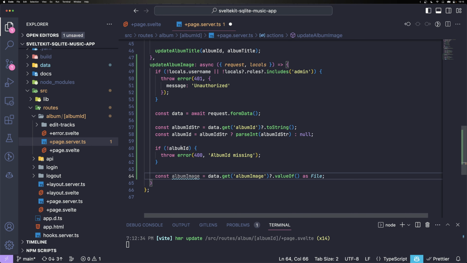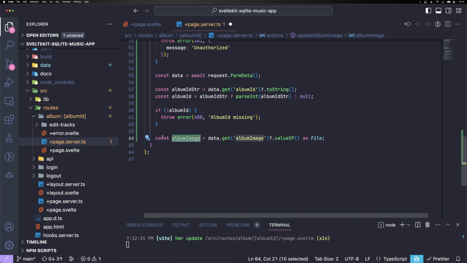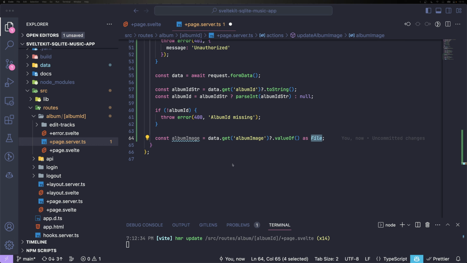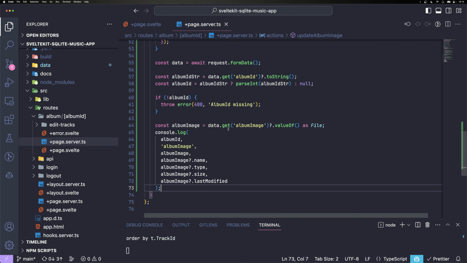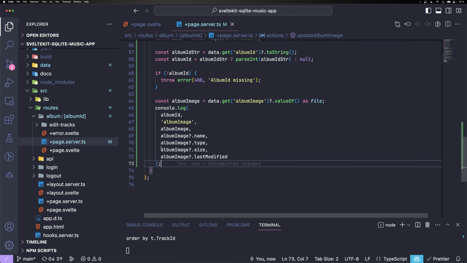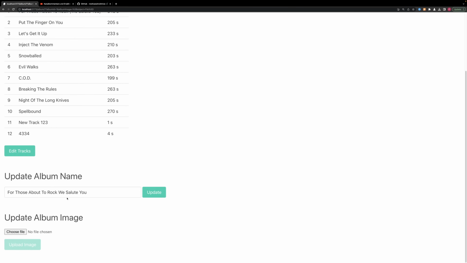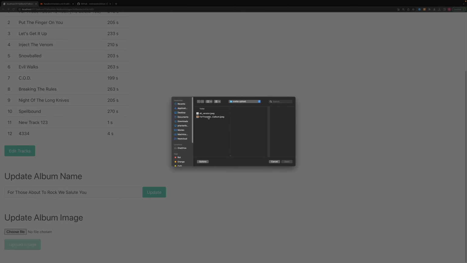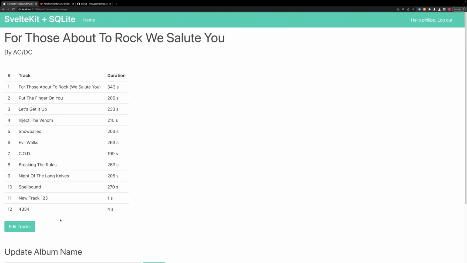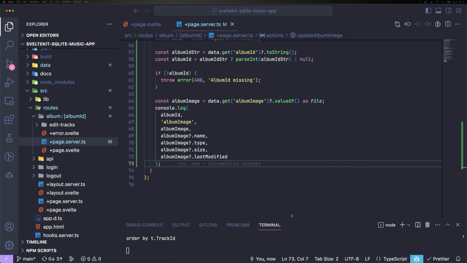And that's pretty easy. We can do album image equals data.get album image and then call value of, and this is of the type file. And let's just log everything in here and test it out, I guess. So, upload, and if we look into the logs,